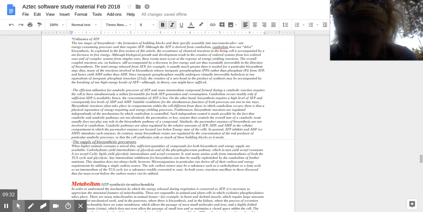Hence, the concentration of ATP is low. On the other hand, biosynthesis requires a high level of ATP and consequently low levels of ADP and AMP. So suitable conditions for the simultaneous function of both processes are met in